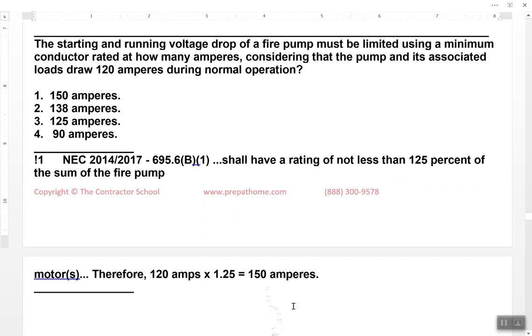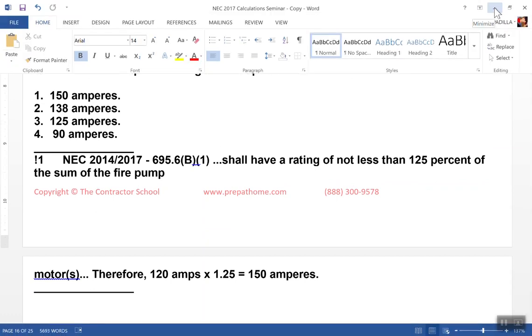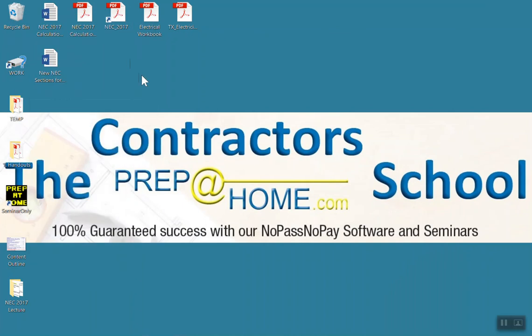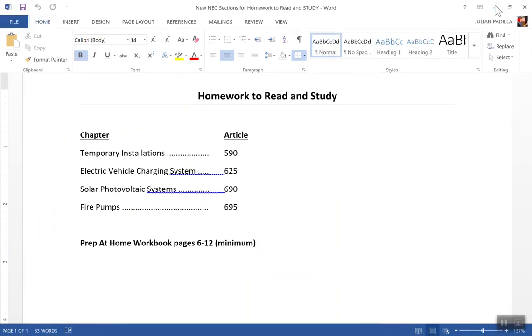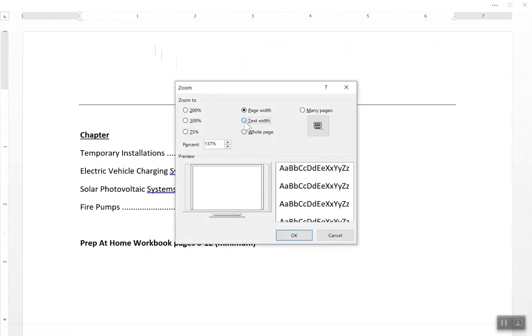As a matter of fact, I think I have a document here. I'm just going to flash it up here real quick. That way y'all can see it, because I want to make sure that we don't forget that this is our homework, right? This is our homework right here. Let's see if I can get this a little bit bigger. View. Let's go with text width. Okay, so